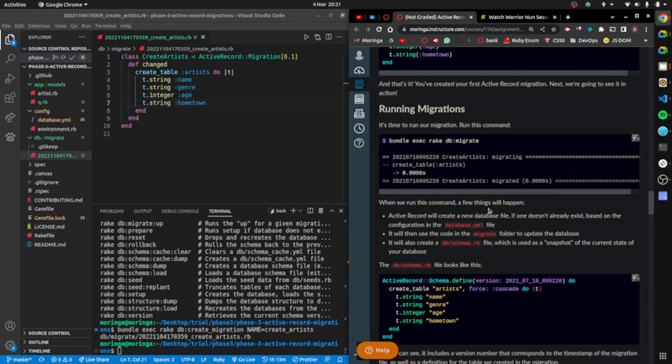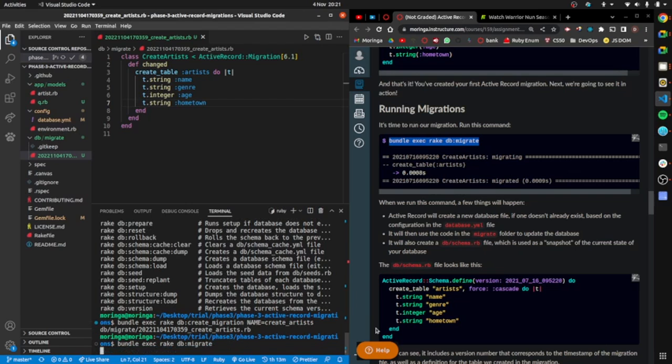And that's it. You've covered your first ActiveRecord migration. Next you're going to see it in action, so running migrations. So we've created a migration. This is the migration we created, create artists. So running migrations, it's time to run our migration. Run this command. So I will come and copy this. This is part of the rake commands that we looked at earlier. So if I run this,